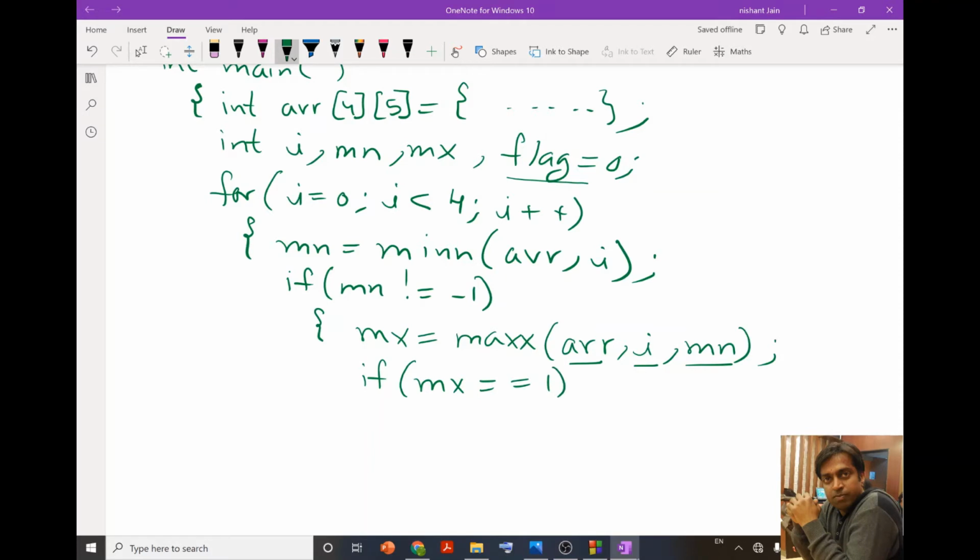Now, since our max function is going to return value 1 if it finds a saddle point, meaning if this (i, mn) is a saddle point, otherwise this max function is going to return 0. So I am going to check if mx is equal to 1. If it is equal to 1, then straight away I can print f that saddle point is present